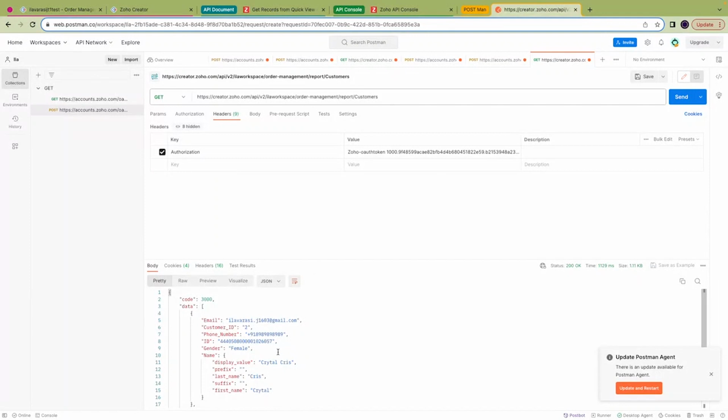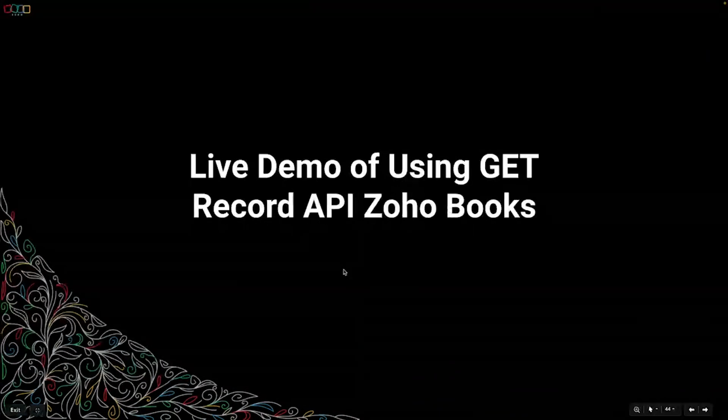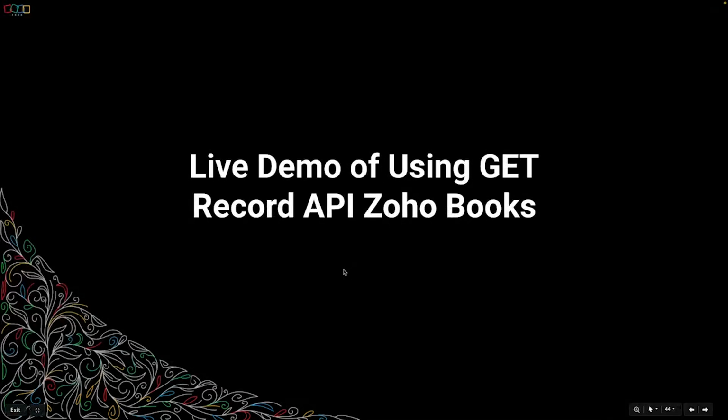So in a similar way, you can also do an API request in your third-party application to which you're trying to do an integration, and you can do all the other set of processes like inserting the details which you have got from the API request to the specified module of your third-party service that you can do from your third-party systems. So now let me also show you how a live demonstration of making an API request would look